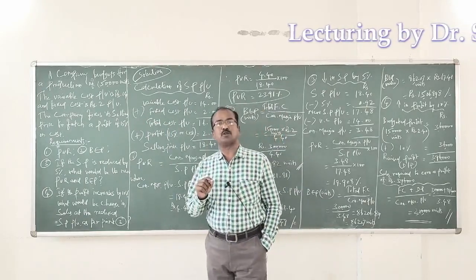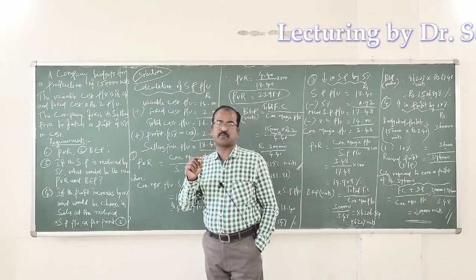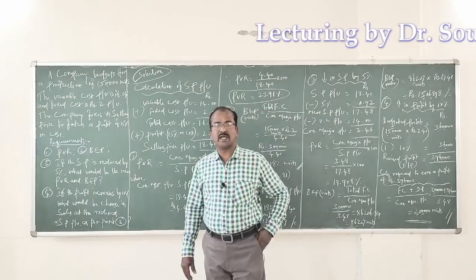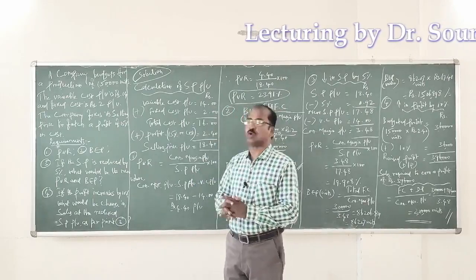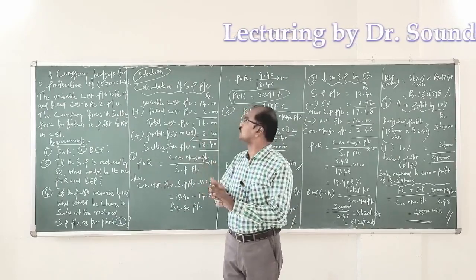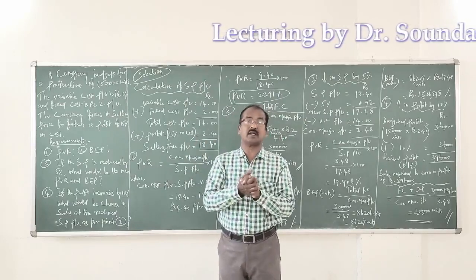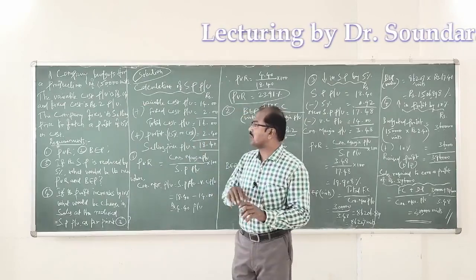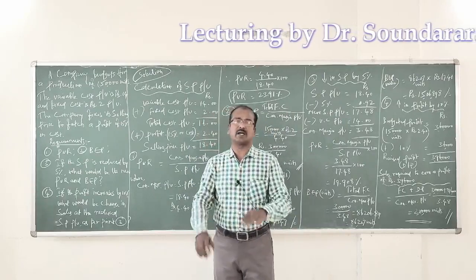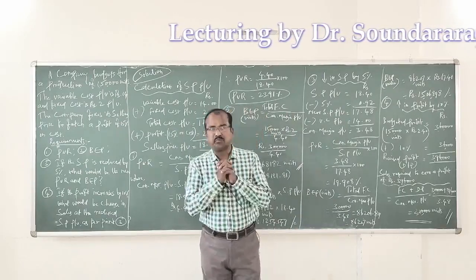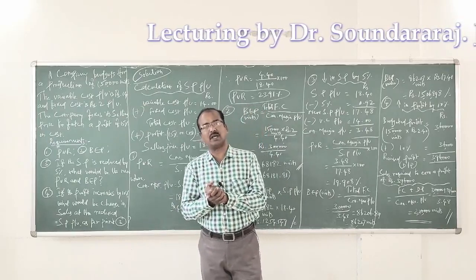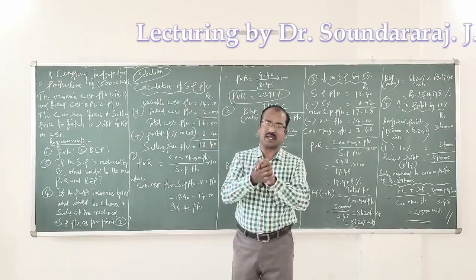A company has budgeted to produce 150,000 units of a particular product in the coming period. It has also estimated the variable cost per unit of the product at 14 rupees. Similarly, it has estimated the fixed cost per unit to be 2 rupees when it is going to produce 150,000 units. That's very important. The company fixes its selling price to fetch a profit of 15% on cost. So along with the cost per unit which we are going to calculate, we will add 15% to that so that we get the total as selling price per unit of the given product.